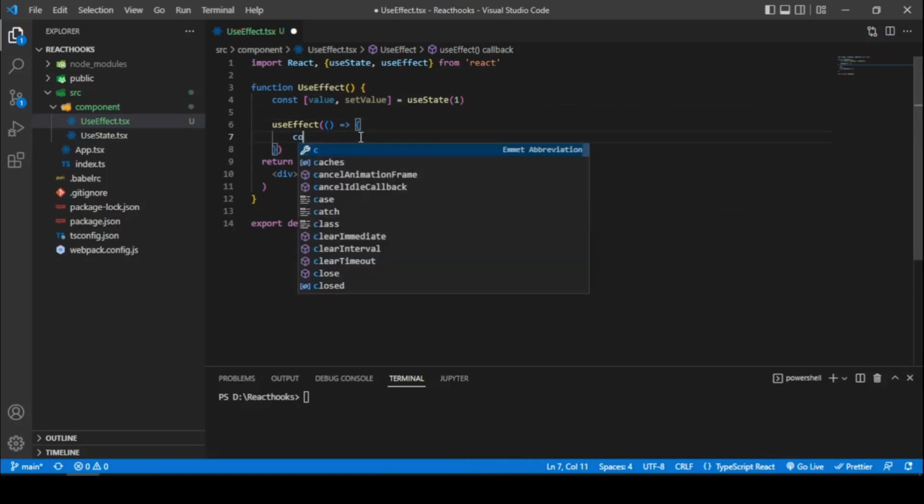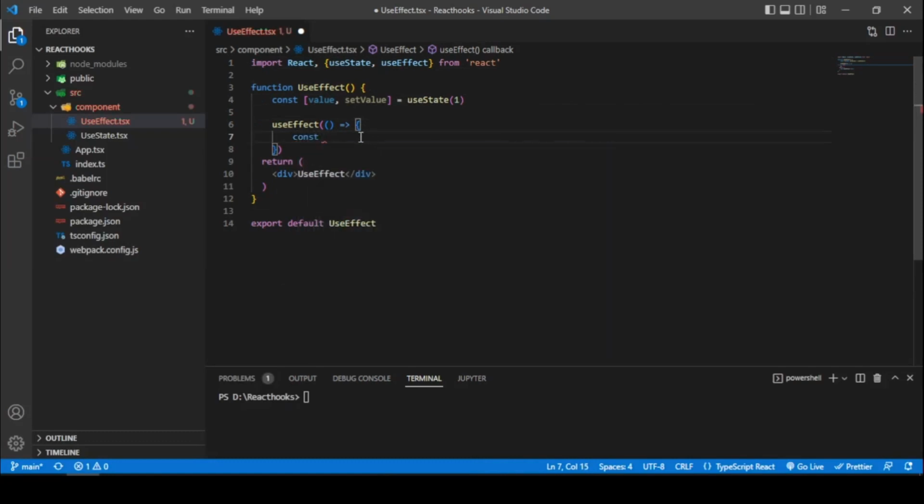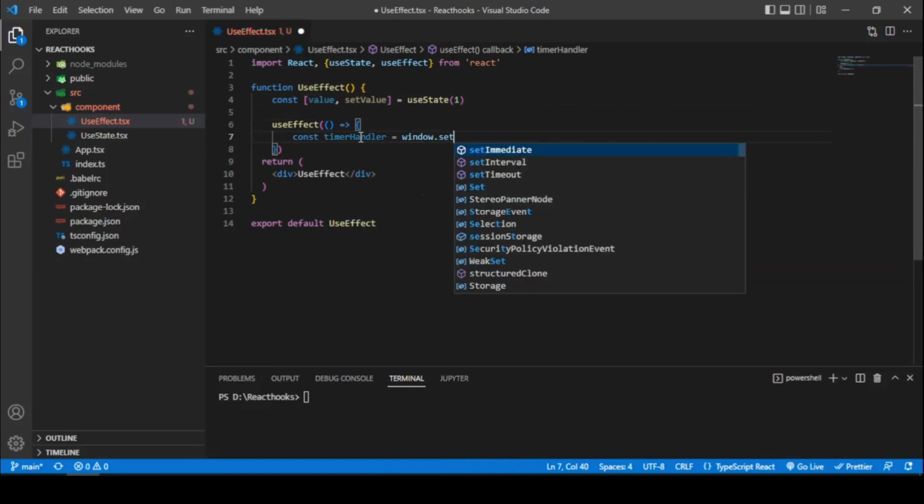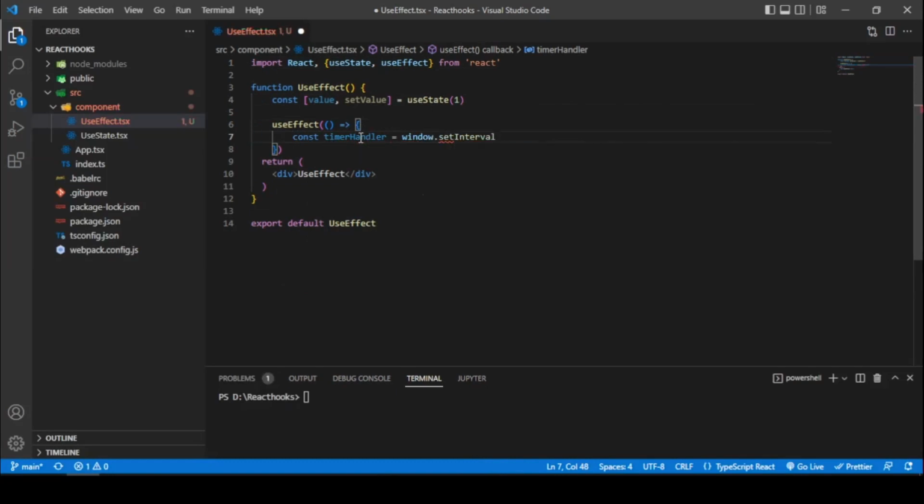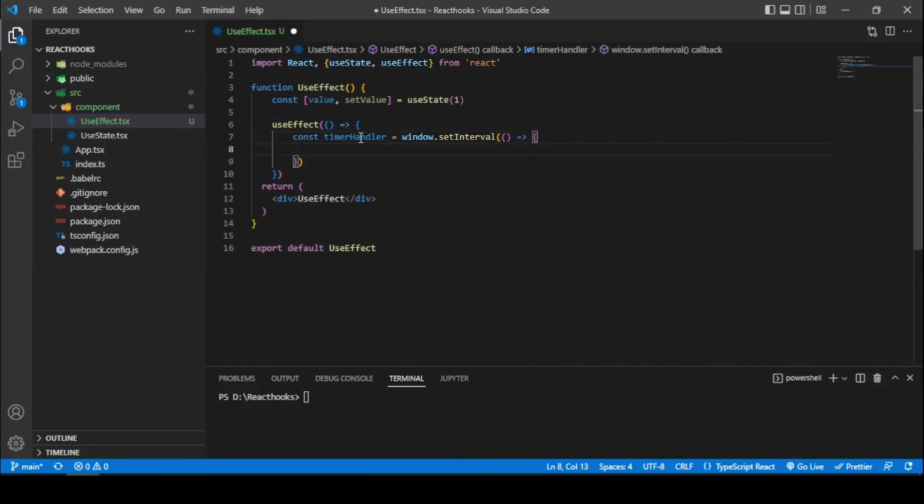Then we create a second function with the name timerHandler. Then we write window.setInterval once again, then we put setValue,